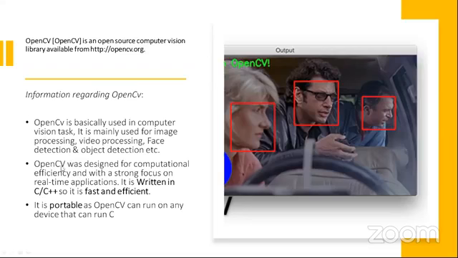So here are some technical things about OpenCV. OpenCV is written in C and C++. It is very fast and efficient. It is basically used for image processing tasks and video processing tasks. In Python, we have a lot of libraries. We have Pillow for image processing. We have Scikit-image. We have Matplotlib. But the point is, why do we use OpenCV? Do you know about it? What's the major advantage of using OpenCV?